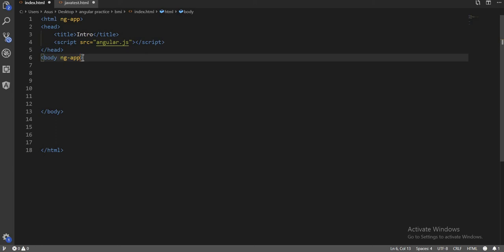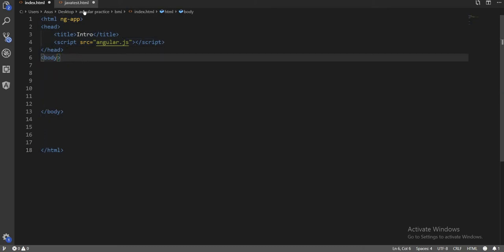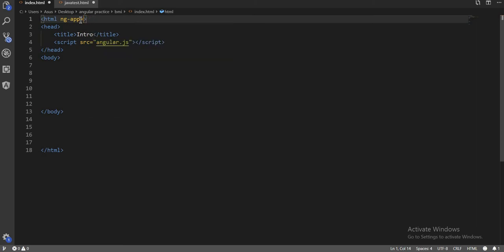If I write ng-app here, then AngularJS is only capable of performing functions inside this body tag. But when I write it inside the html tag, then AngularJS can work over the full structure of the HTML. So basically you can write ng-app here, and if you want to give a name to your web application, you can also name it whatever you want, but